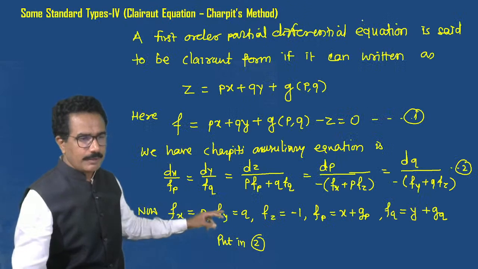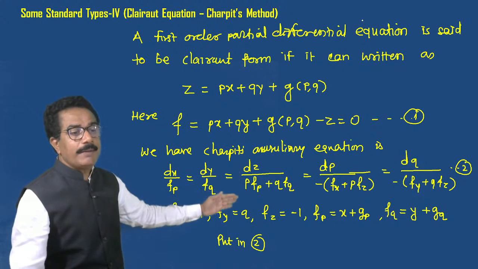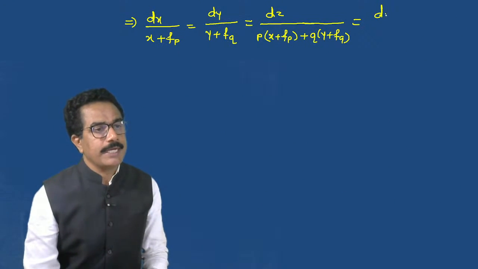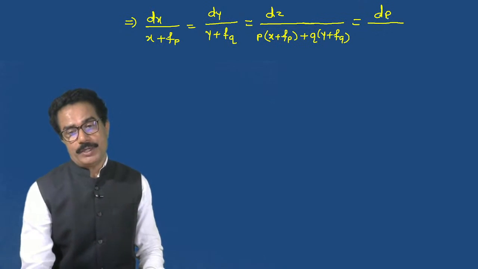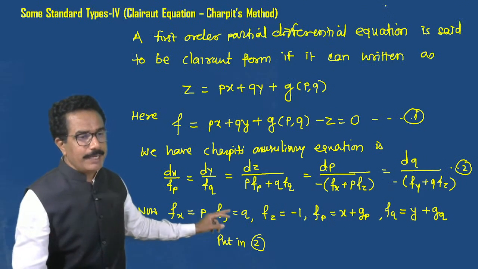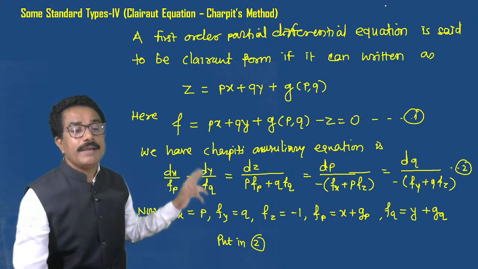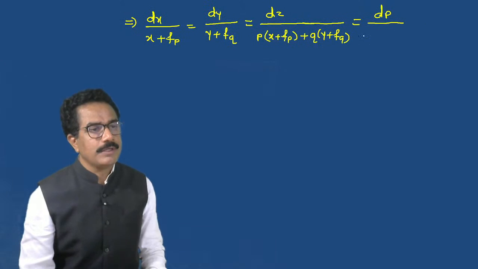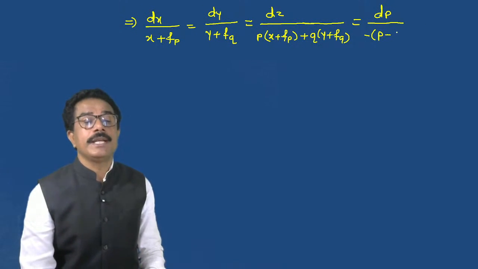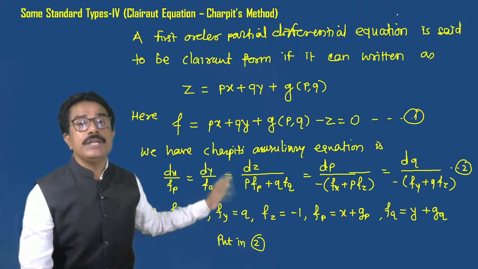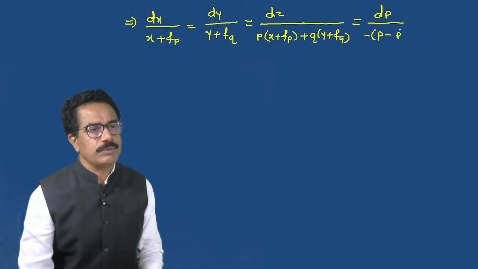Again see this, dp divided by f minus fx plus pfz. So we can write dp divided by, this is very important, dp divided by fx means p, fz means minus 1, so minus in a bracket p minus 1 into fz means minus 1 and p into fz means minus p. Is it okay? So dq divided by